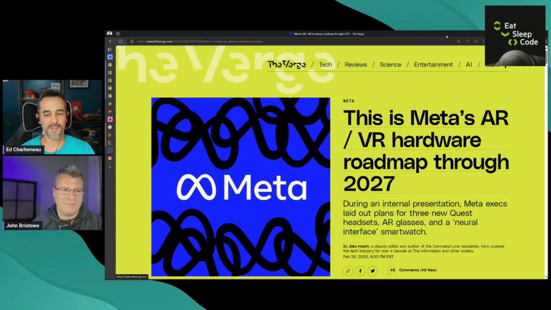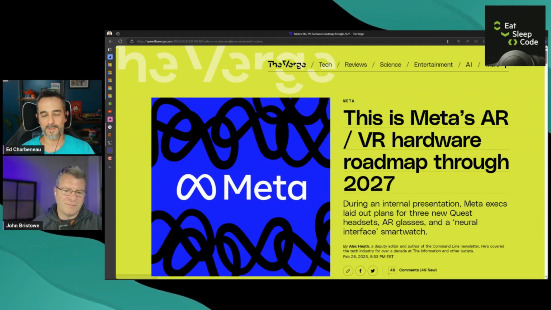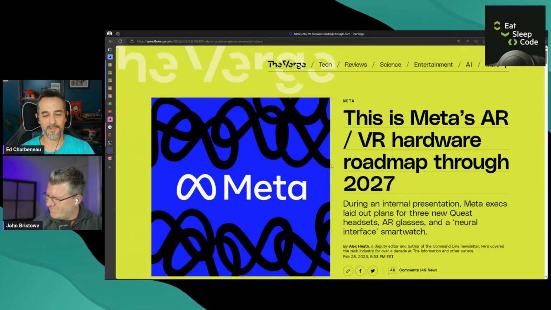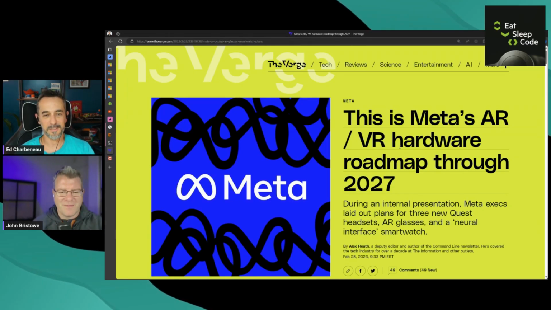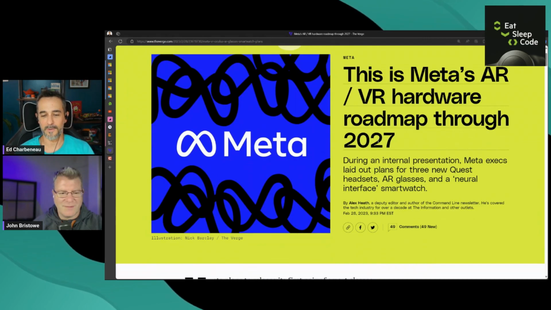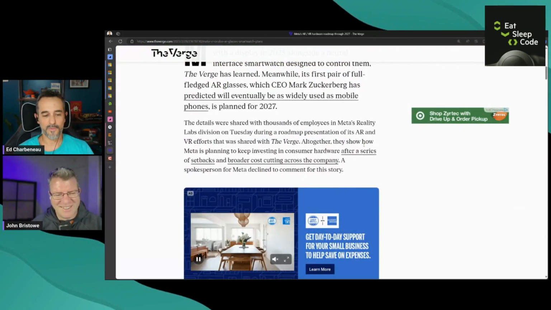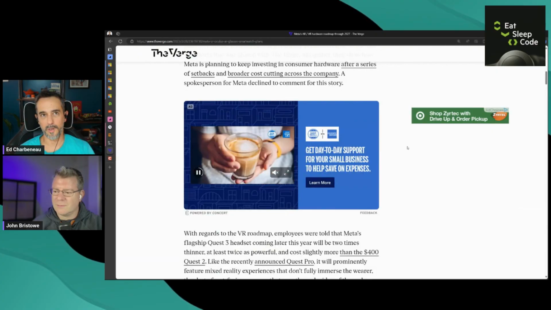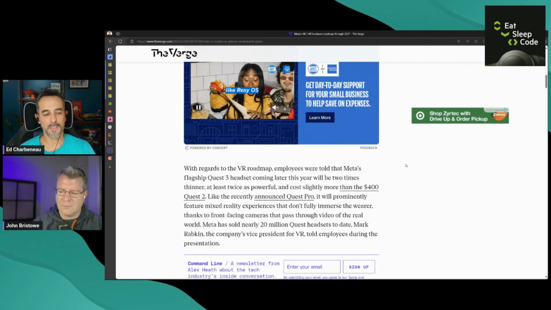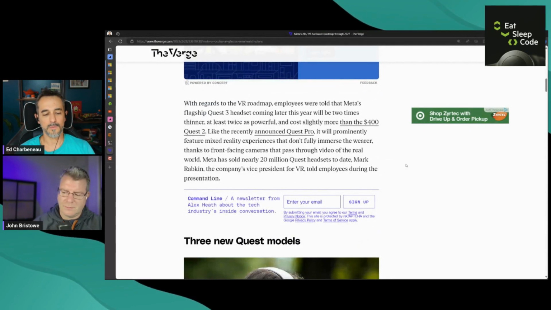No clever segues here. I always like to throw a little bit of AR VR stuff in the show. Meta has released the roadmap through 2027. So good news, John. The VR, AR stuff is not going anywhere. It's not going away. It's only going to happen more. They have on the roadmap the Quest 4, what would probably be a Lite or S version, and a Quest Pro, which they're still trying to tackle the enterprise market with.